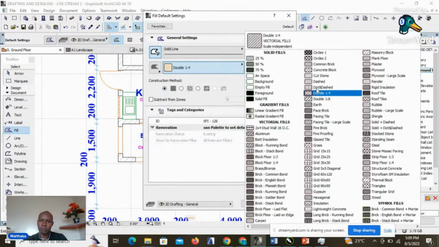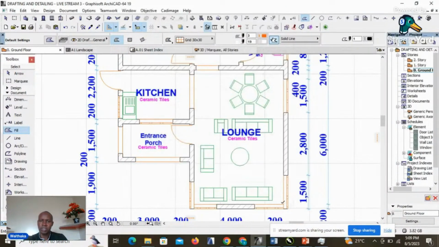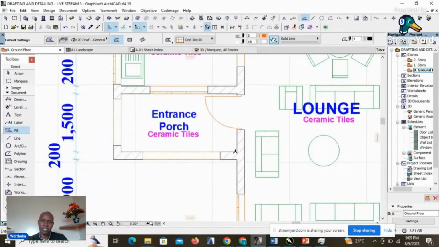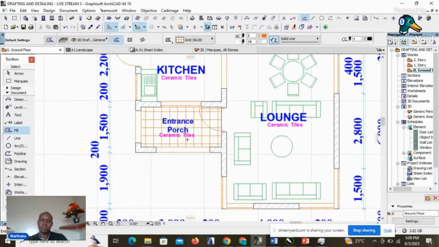We have quite a number of fields here. Just select the one that will represent whatever you want, and then insert it. Like for the entrance porch, just press your spacebar, and click, and it will insert it within